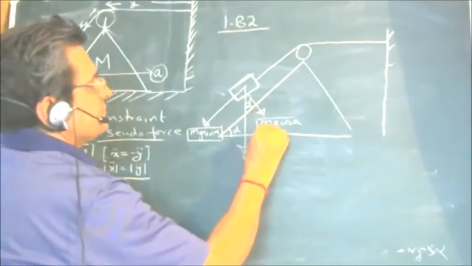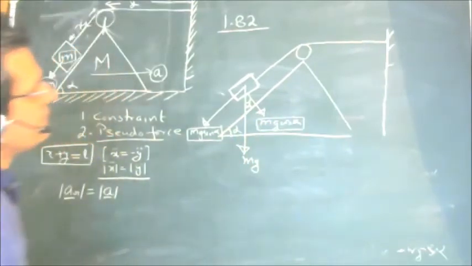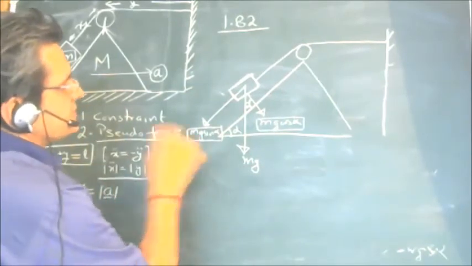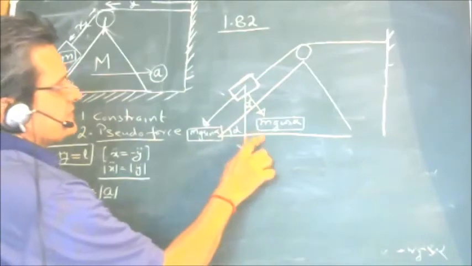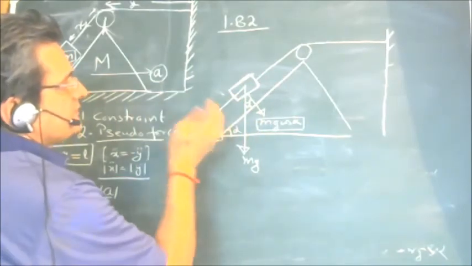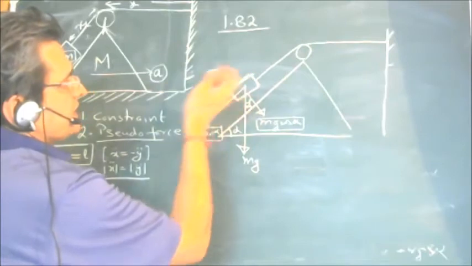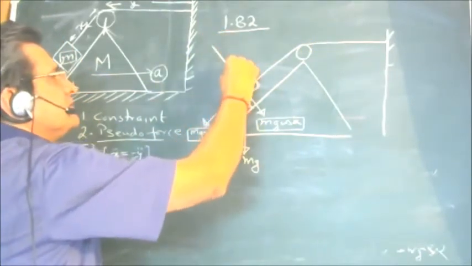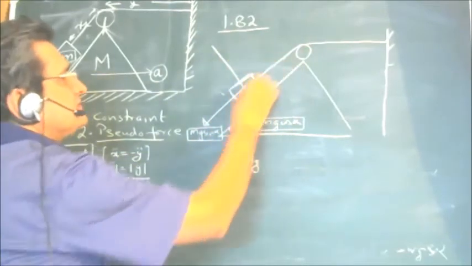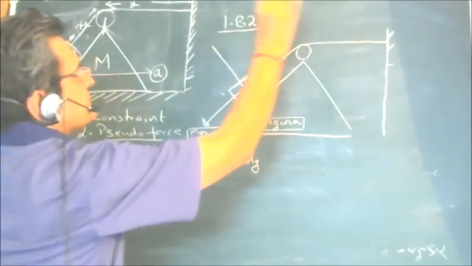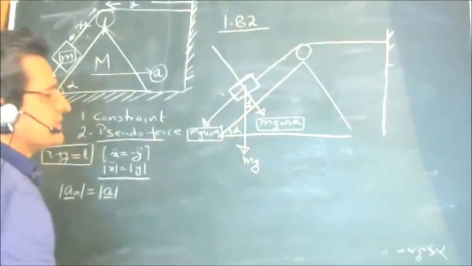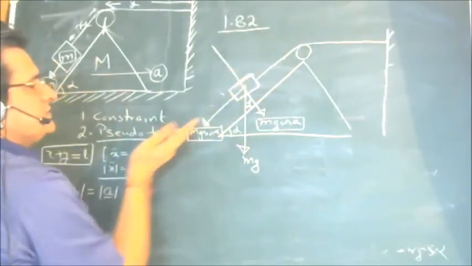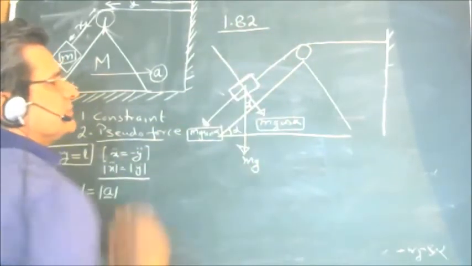At least we should know the components of the mass m and the force exerted due to it in two directions. In such questions, always take components in two directions: one along the plane and another perpendicular to the plane. If we take this as the x-axis, y we have already taken; we could have taken this as z. Anyway, always have components along the plane and perpendicular to the plane.